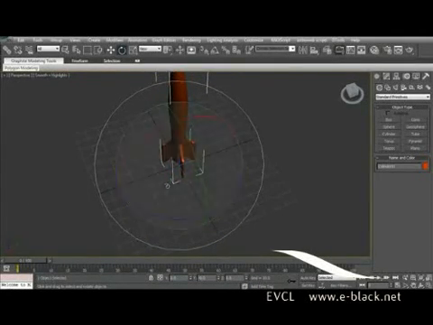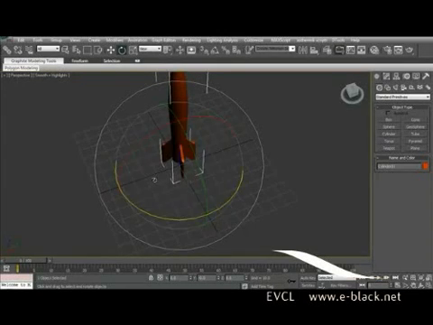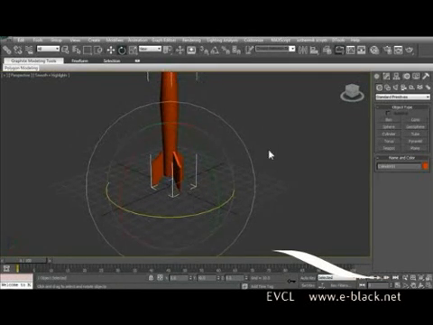So, but if you look closely, you can see it still has the same color code, red, green, and blue for the X, Y, and Z axis respectively. So you also use that to transform your object. And then, as you've seen for the move and translate